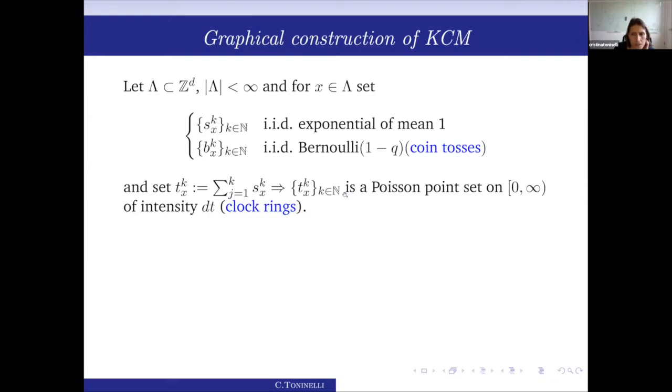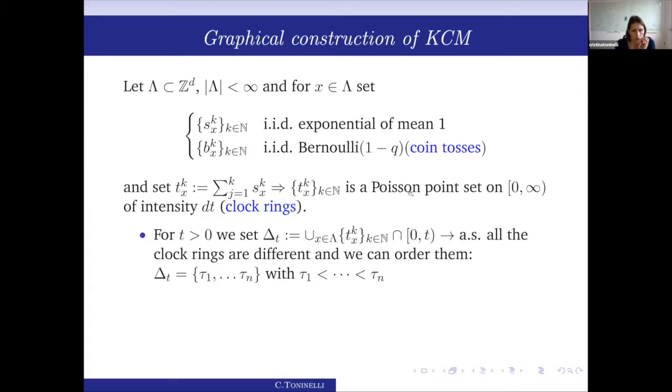And this forms a Poisson point set on (0, infinity) of intensity dt, the Lebesgue measure. So then to construct properly the process, say we are in finite volume, first of all. So say we are looking at a volume which is finite. Then if we fix a time, we can consider the union over all the sites of this finite volume of these clock rings, almost surely with respect to the distribution of these variables. This set is finite, and all the clock rings occur at different times,